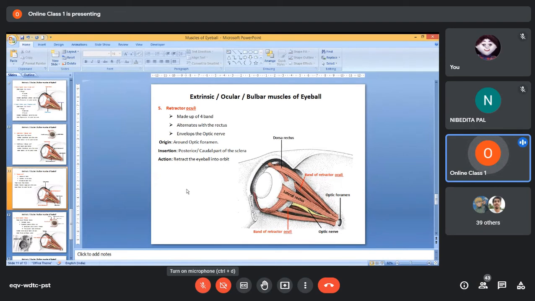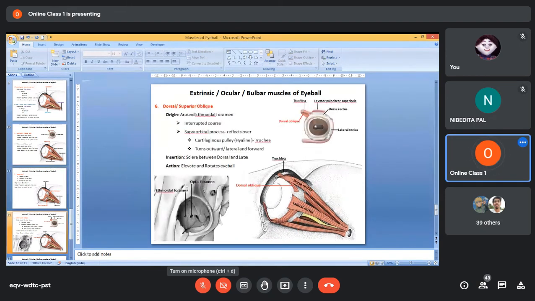For the rectus muscle, the aponeurotic part is very large, whereas for the other muscle, the aponeurotic part is not so large. Then comes the oblique muscles. So the 2 oblique muscles are there. One is the dorsal oblique and the other one is the ventral oblique. Now if you see the dorsal oblique,